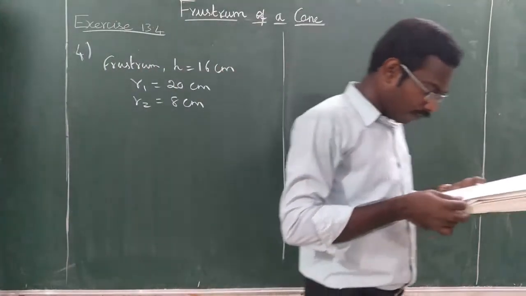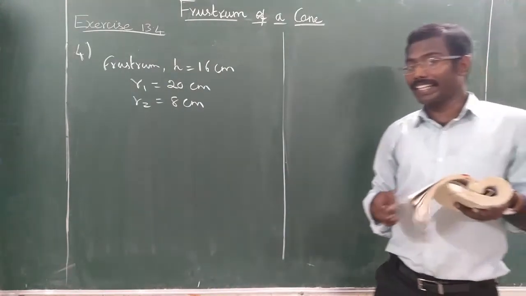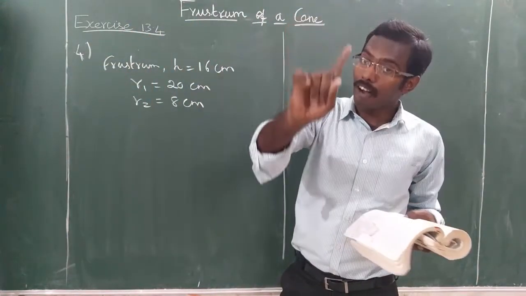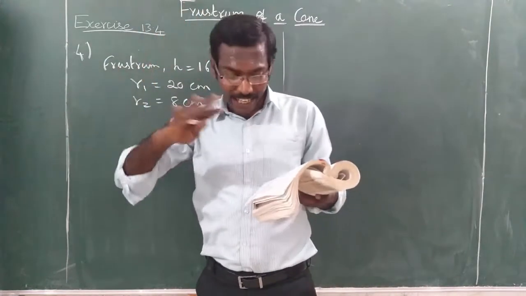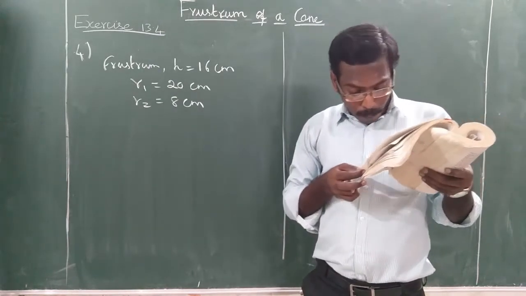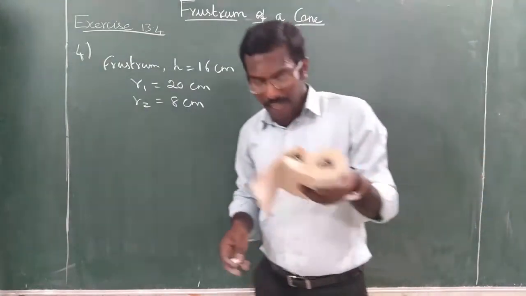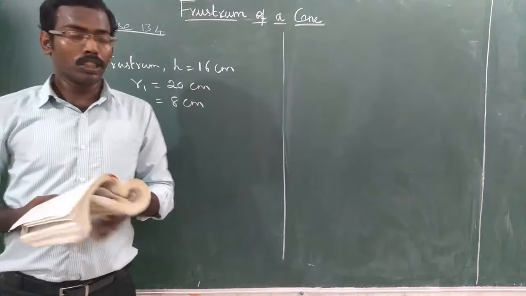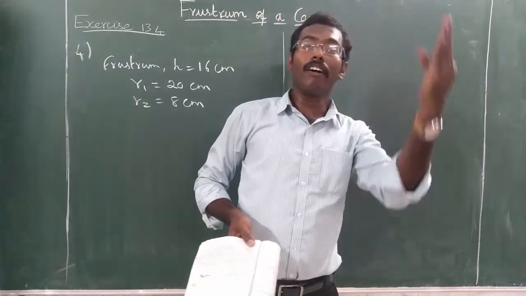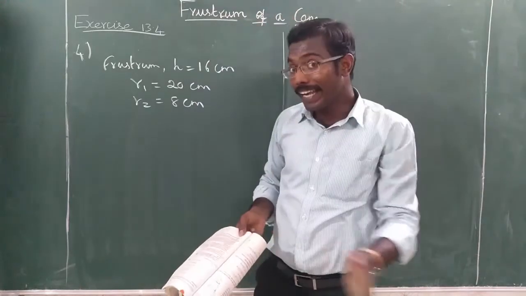Then, after finding this, also find the cost of the metal sheet used to make the container. Cost of the metal sheet means you have to find the area also. So first find the volume and cost, then find the area of the container. The metal costs rupees 8 per 100 centimeter square and the pi value is given as 3.14. So first you have to find the volume, then the cost of the milk. Then you have to find the area of the container and the cost of the metal sheet. That is the cost required for making the container.